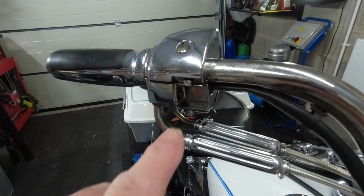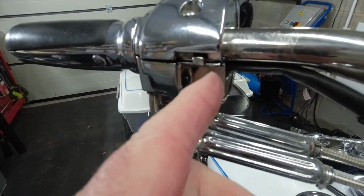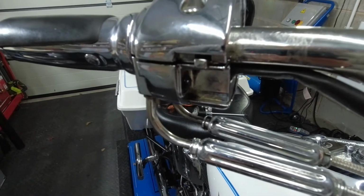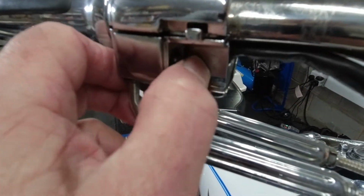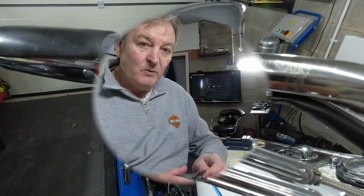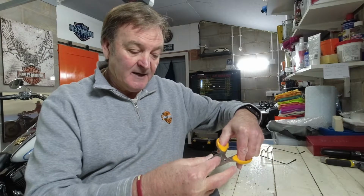So what's happened with mine is that this little piece here of the microswitch, which is only made of plastic, has actually worn out. So the gap between that and that lug that compresses it has become too small, and it needs to be larger so that it can actually push the microswitch in when it's in place. What we can do is make a very simple temporary fix for this. Obviously we're going to need a new microswitch at some stage, but I can't get one at the moment, and I want to ride my bike this week, so I need to be able to make some sort of fix for this. So gaffer tape, or bodge tape as some people call it, right? If we just make several little strips of this,